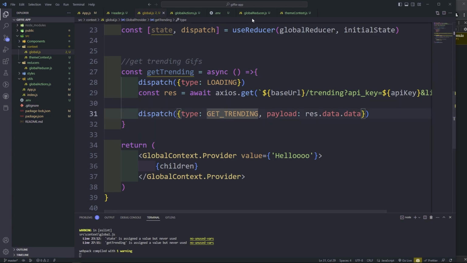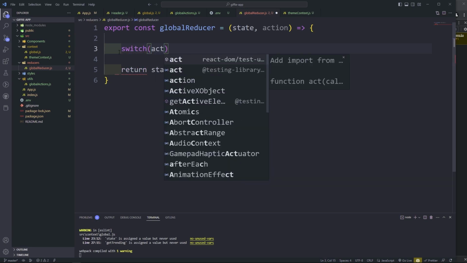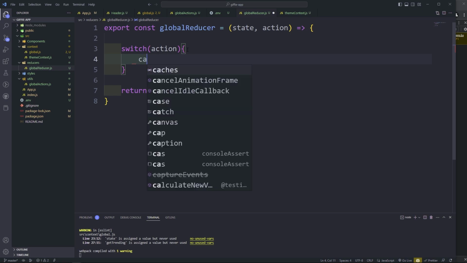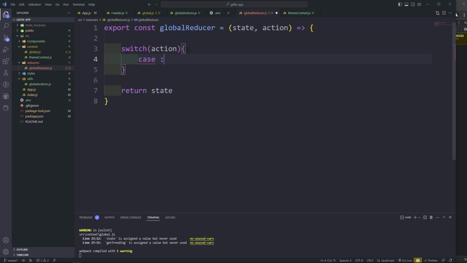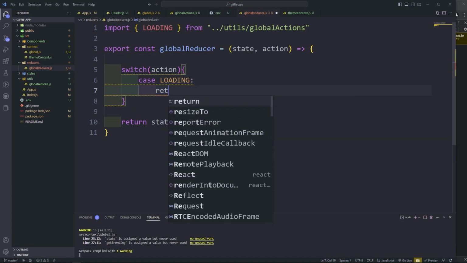So now we need to handle these actions. So we need to go to the reducers. So here I'm going to switch between each action. I'm going to say switch. Okay, we're going to run switch. We're going to do action. Okay, I'm going to switch action. I'm going to do case. So the first case, let's do case loading. Case loading, we're going to return